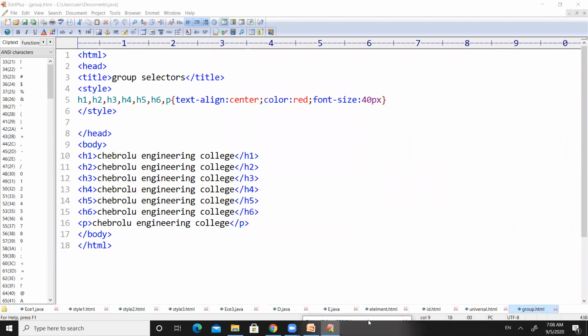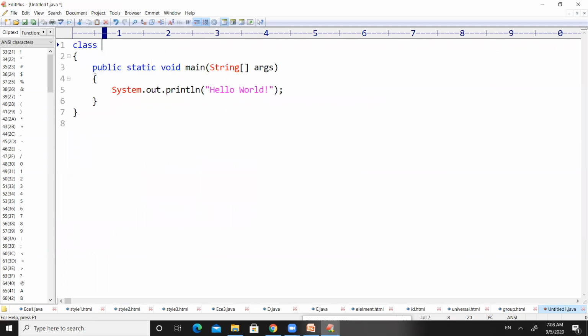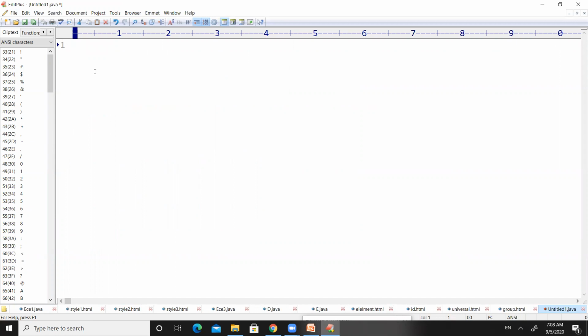Don't neglect any of these programs. Let us take a new Java document. Let us delete all the code and start writing the code for function overloading, right?